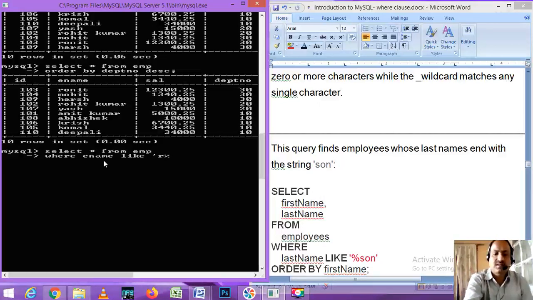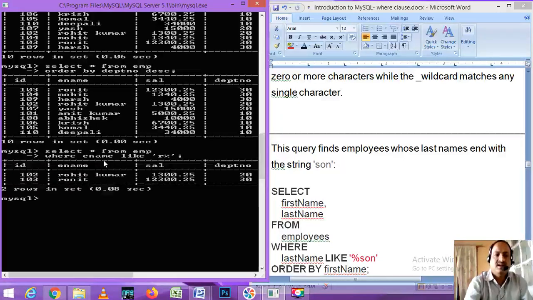R percent means it starts with R, but the last characters we don't know. Press enter. We have two values, Rohit Kumar and Ronit, so we find both the values.